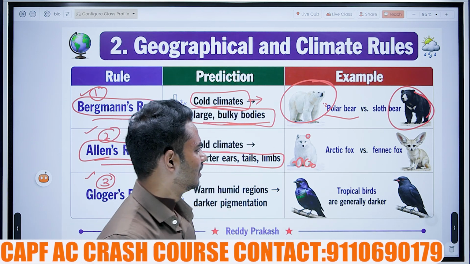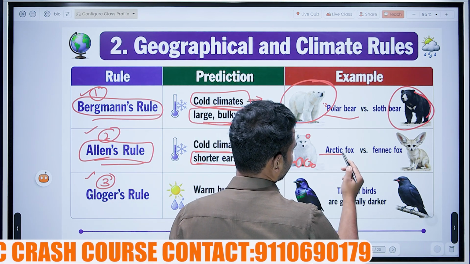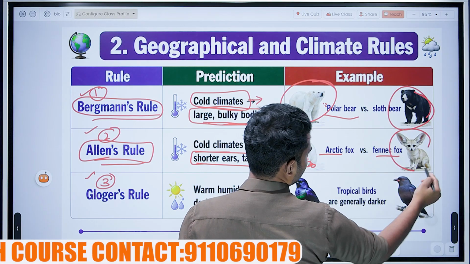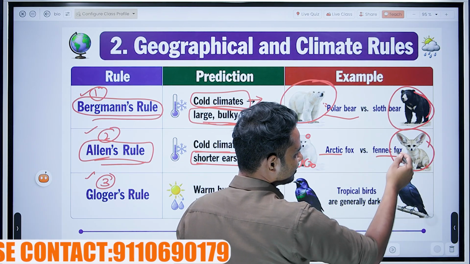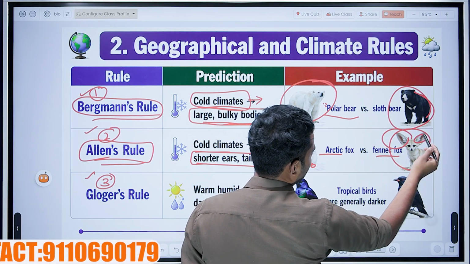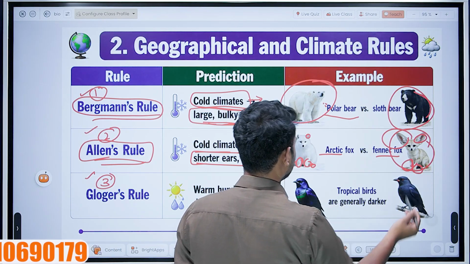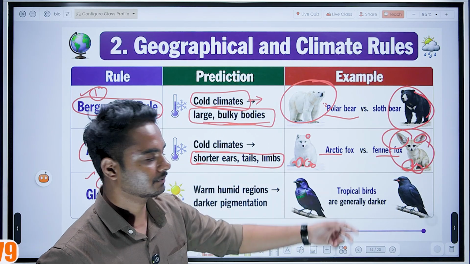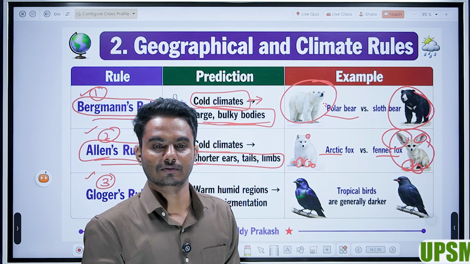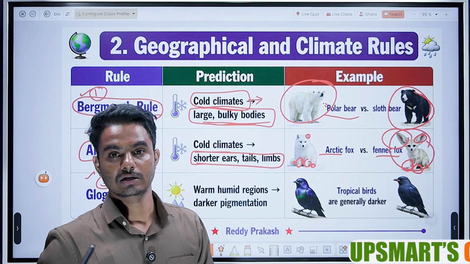Why, sir? And this is Arctic fox, this is fennec fox. This will be living in deserts or tropical regions. You see, bigger ears, bigger legs, okay, bigger tail. Then why, sir? Why the differentiation, sir? See, if it is in